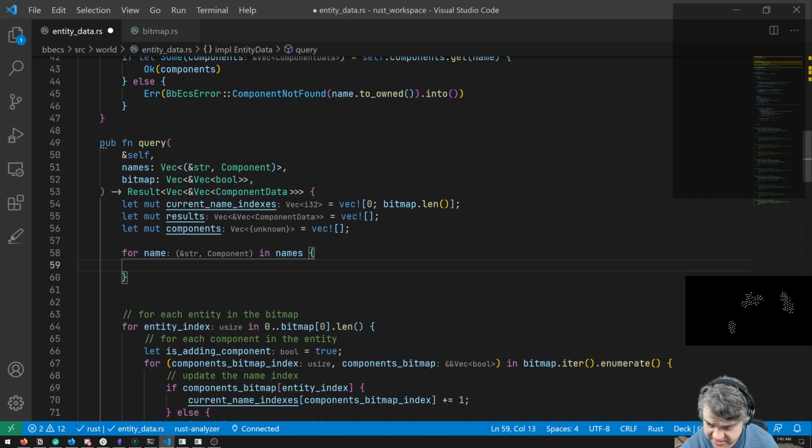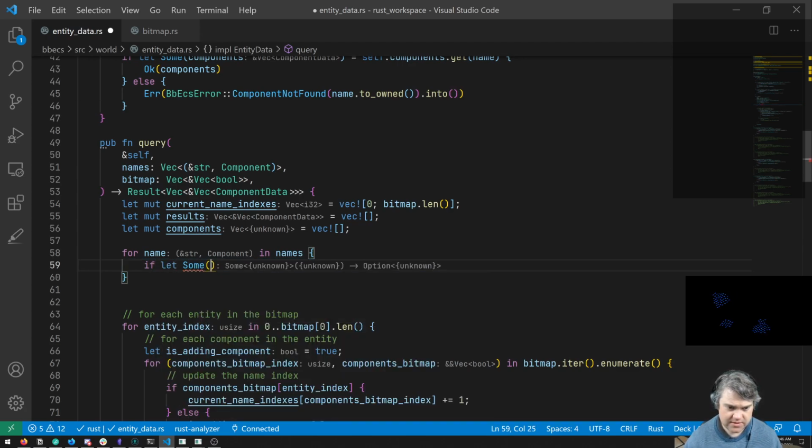We're going to get the component out of the hash map. So it has to be an if let, right? So if let Some component is equal to really components, but then if I want to push them in here,